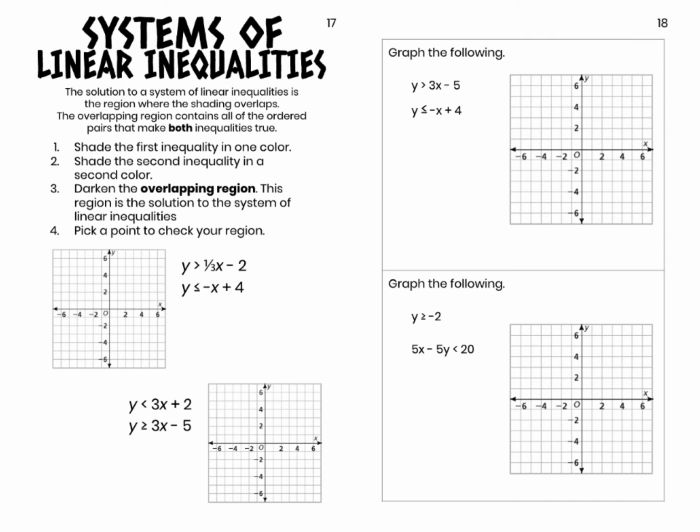When we are shading systems of linear inequalities, we individually graph each linear inequality, and then the solution is the overlapping region. So we just approach each inequality by itself, and then we darken the overlapping region. In this case, we have slope-intercept form inequalities, so y-intercept, up 1 over 3, left 3, down 1. Dashed line, since there's no equality in that symbol,